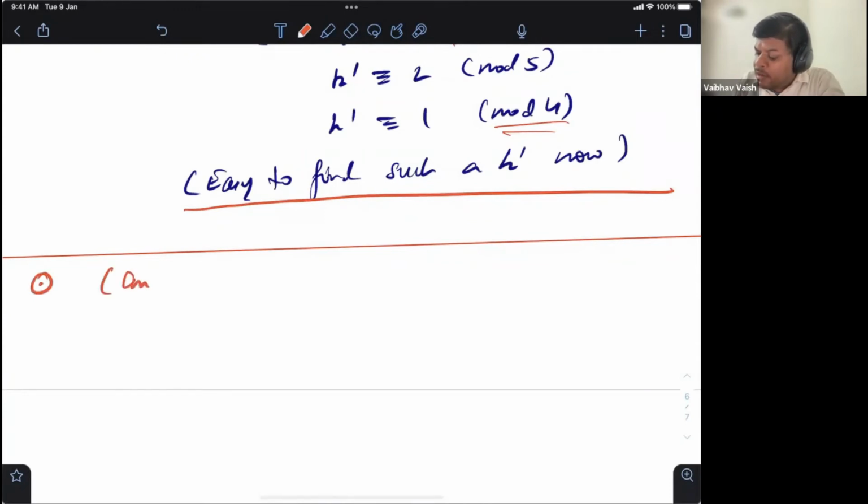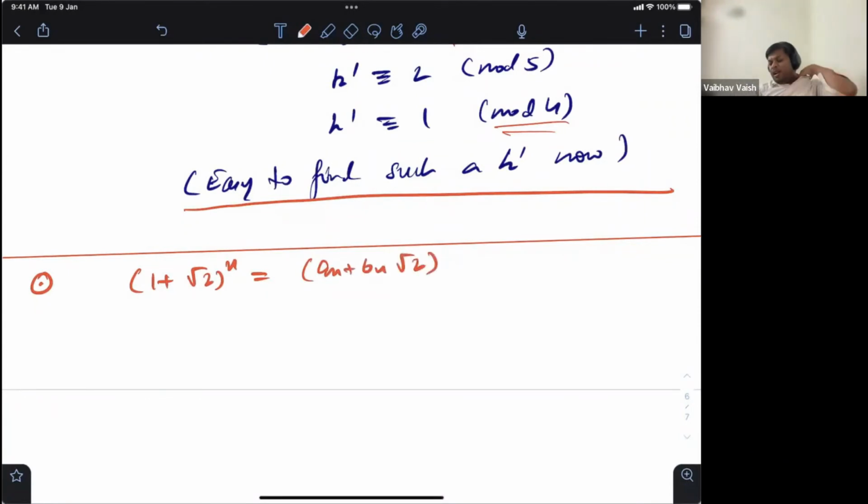Suppose I look at 1 plus root 2 to the power n and call it a_n plus b_n root 2. Remember, when you expand it out using the binomial coefficients, root 2 will appear with even powers or odd powers. When root 2 appears with even powers, it just becomes integers, and you sum them up. When root 2 appears with odd powers, up to one factor of root 2, it is again an integer. So you sum all those integers up and call that b_n. And when it appears with even powers, the summation is a_n. So it can always be written uniquely in this form. Then claim: